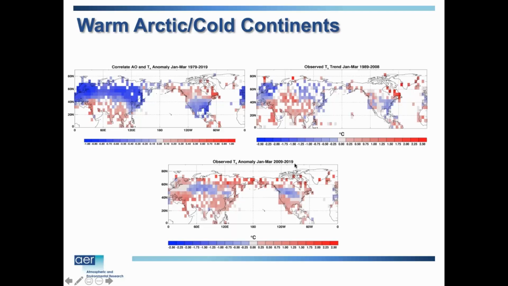But since 2000, these are the temperature anomalies since 2009-10. We can see that you still see these colder temperatures in the interior of the continents, but it does not look AO-ish. And certainly, I think some of you in Bismarck can appreciate it. It's been more in the center of the continent, not so much the East Coast as it was a decade earlier. Same thing in Eurasia. I just point out that the change in the trends is very interesting, but it certainly has a big impact, let's say, in the northern plains of the U.S.